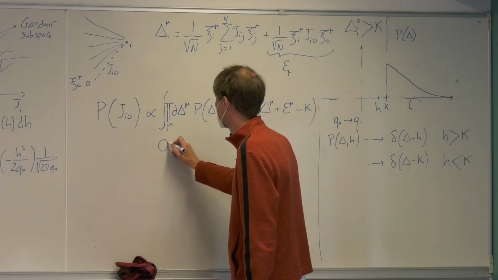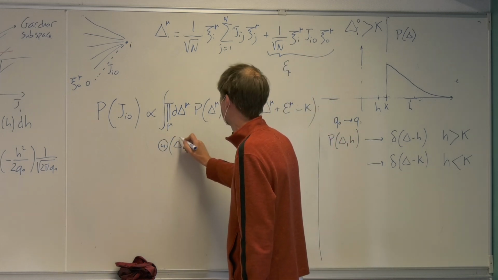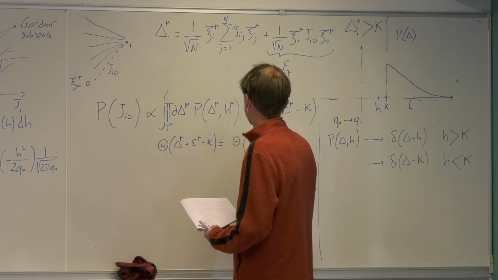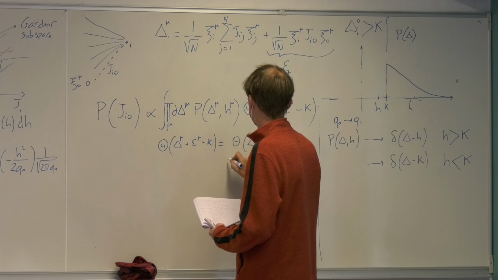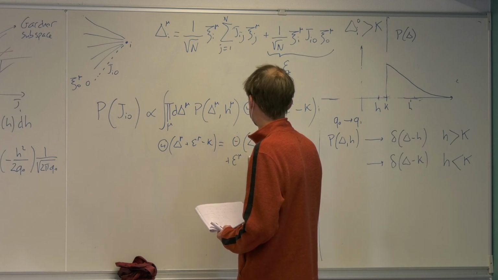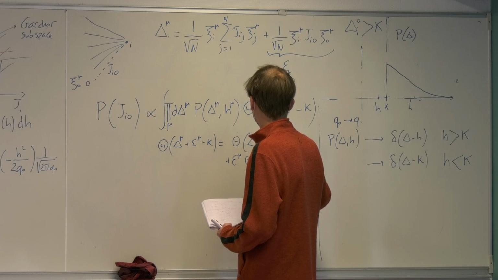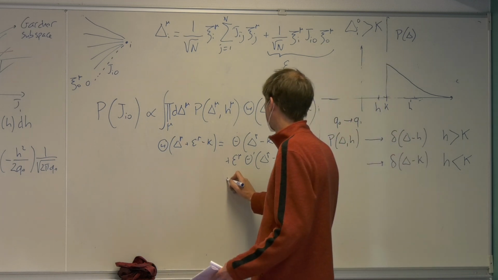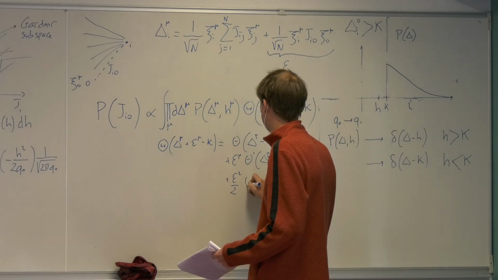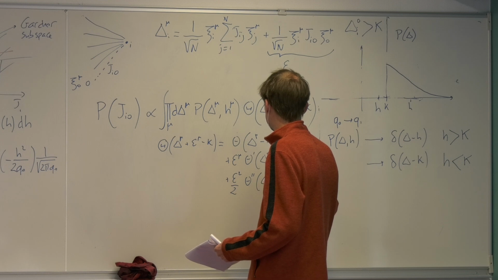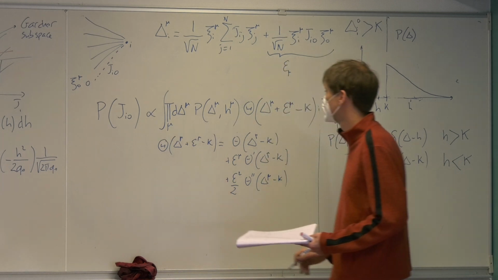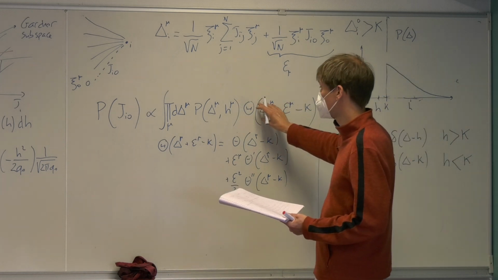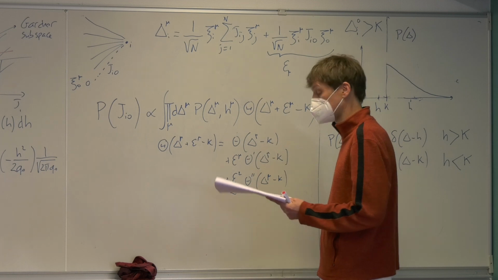So what we'll do is that we'll make a Taylor expansion, equal theta of delta mu minus k plus epsilon mu theta prime, which theta prime is of course a delta function, and then plus epsilon mu square theta second, which will be the derivative of the delta function. And then we insert this in this equation, then we do a few steps of algebra,